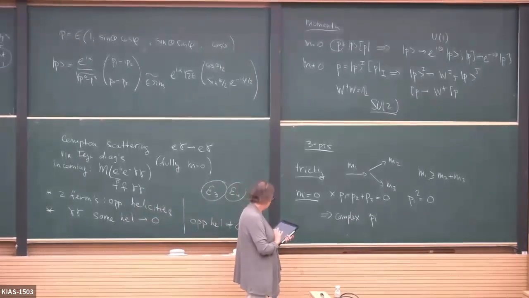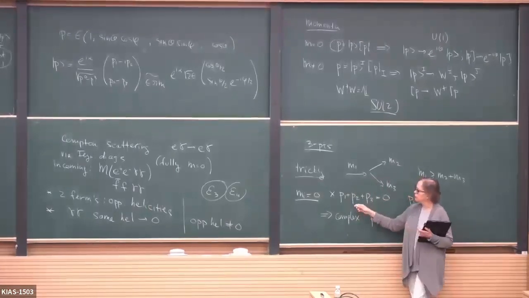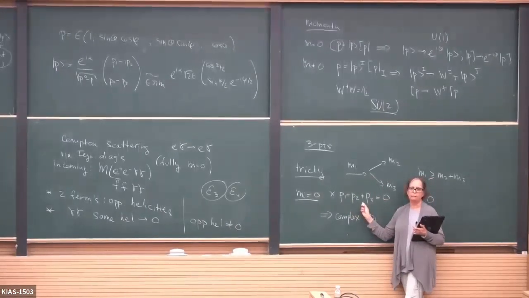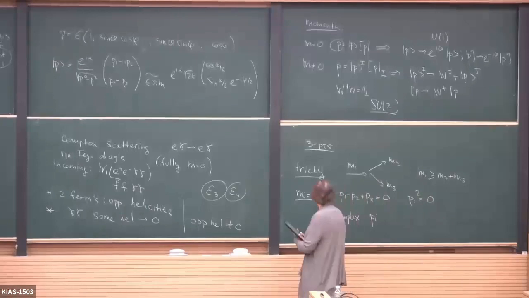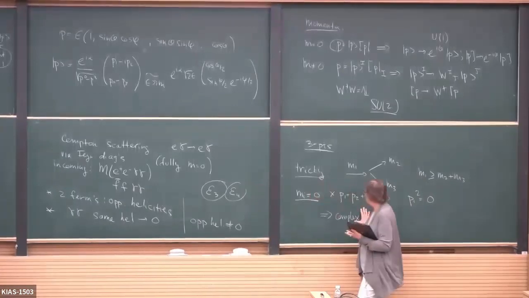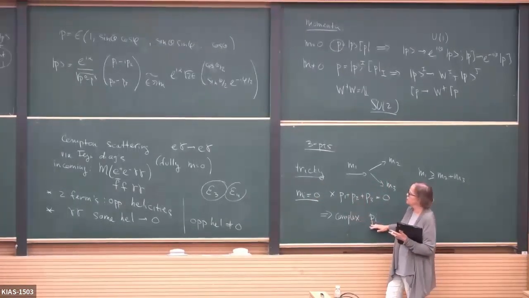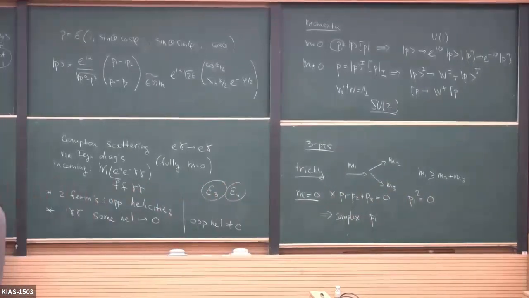Now, one thing I want to emphasize here, my convention is going to be always that everything is incoming. All my particles are going to be incoming. Okay, so let's talk about what happens in terms of spinors. We said our momenta needs to be complex. Good, so we go to complex momenta. But now let's write them in terms of massless spinors.